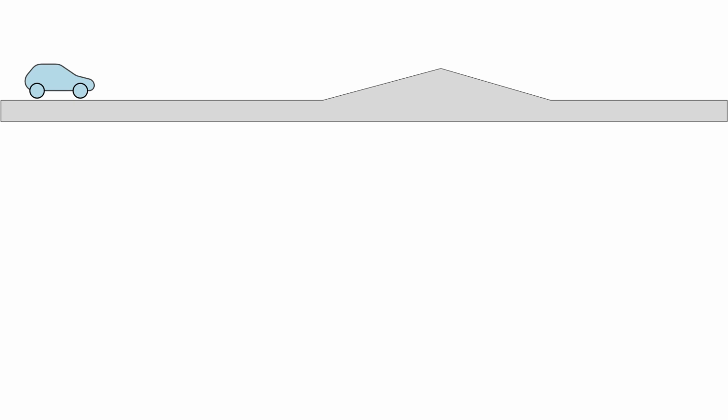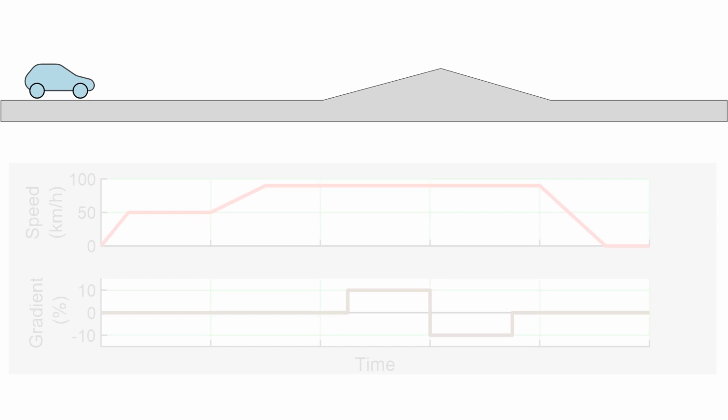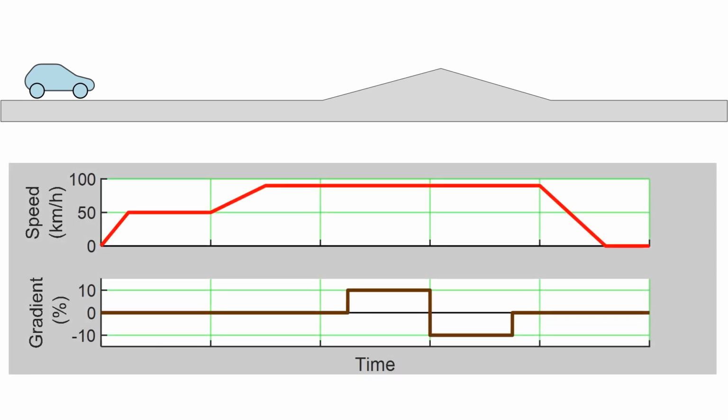Imagine a vehicle which is driving, and meanwhile the driving is recorded as function of time. At a minimum, the driving cycle is a description of how the speed of the vehicle varies during the trip. This is often sufficient if the road is flat. If that is not the case, the driving cycle must also describe how the road gradient varies. Most of the commonly used driving cycles assume the road to be flat. Note, however, that gradients have a big influence on fuel and energy consumption, as well as on how a hybrid